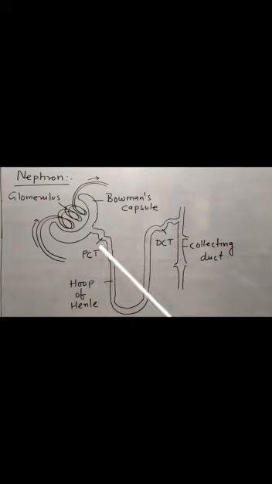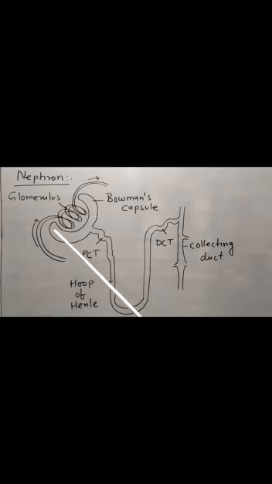The initial small part is called PCT, proximal convoluted tubule. The U-shaped part is called the loop of Henle, and after the loop of Henle, the small duct structure is called DCT, distal convoluted tubule, and finally it connects with the collecting duct. So this is the complete structure of the nephron: Bowman's capsule, the initial part, then the tubular part divided into three major portions, PCT, loop of Henle, U-shape, and DCT, and finally connecting with the collecting duct.